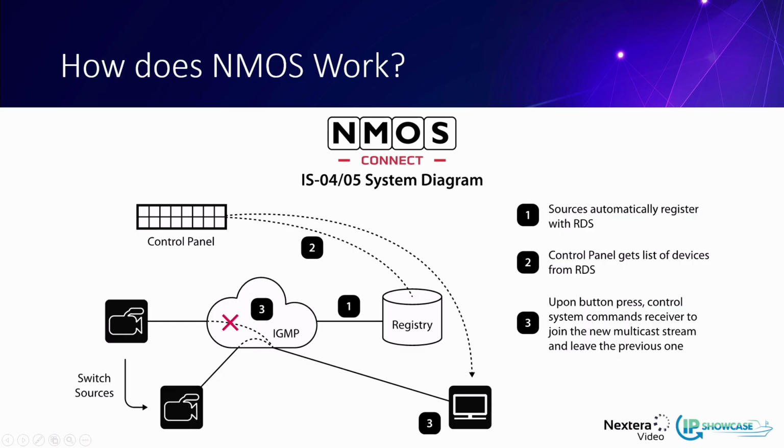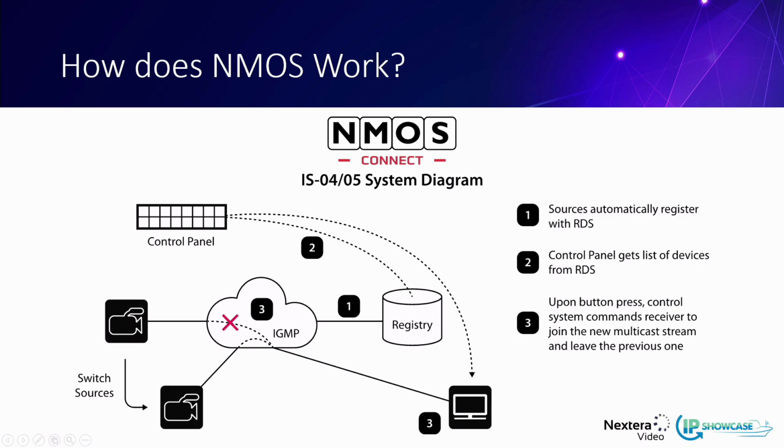So how does this NMOS thing work? Here's a handy diagram that shows a little bit about IS-04 and IS-05. So in a broadcast facility, you have all these different devices. It could be cameras, it could be gateways, maybe you have a monitor as well. So you have all these NMOS-enabled devices that automatically register to this RDS, this registry. It's a registration and discovery service. They automatically register, and then this control panel, it could be just a simple push-button control panel to switch sources,